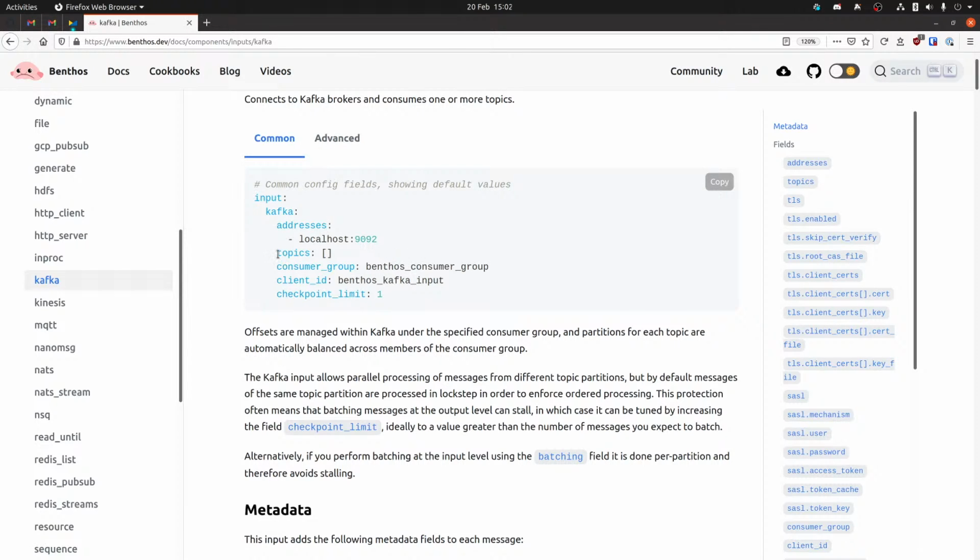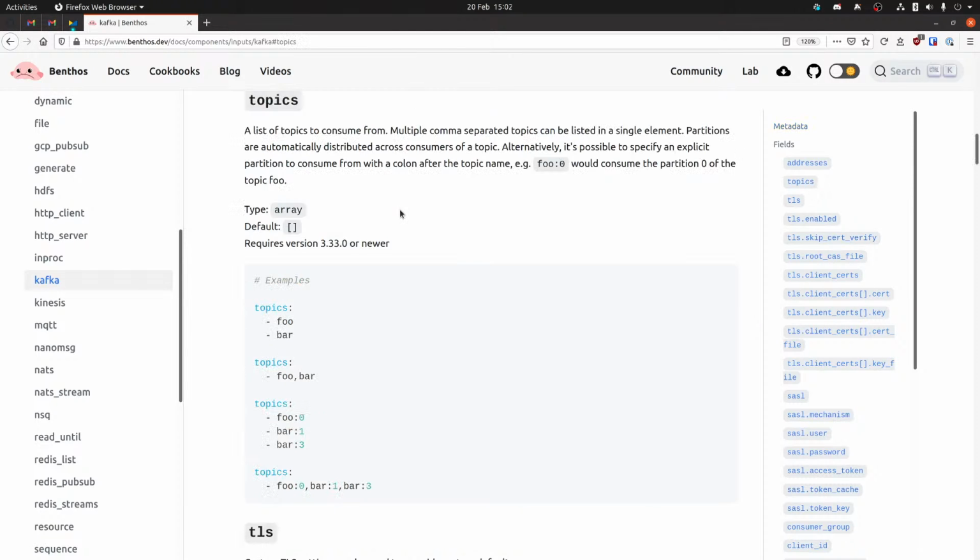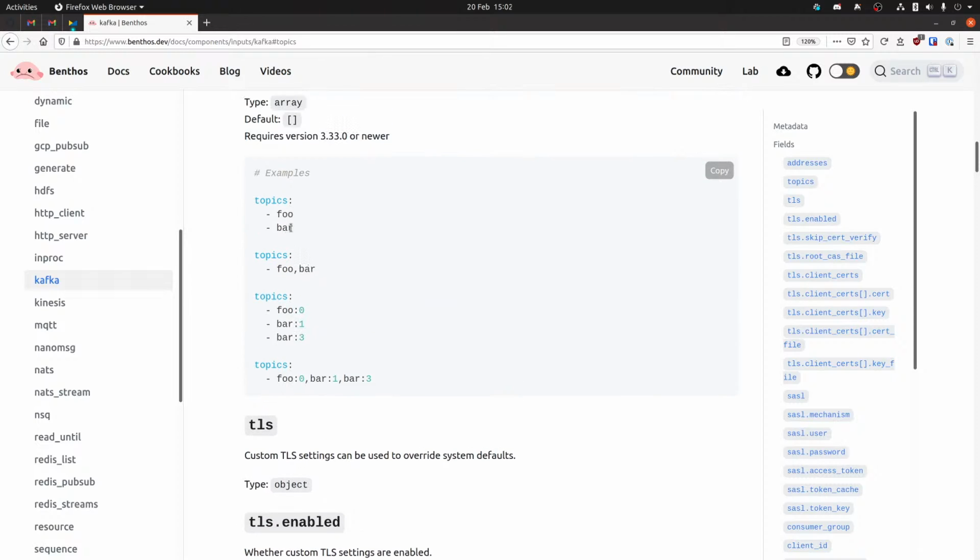What you normally do is you've got an array of topics that you can specify, and you can either just specify a topic and it will interpret that as partition balancing. So you're joining a consumer group and automatically distributing the partitions of a topic. Or what you can do is specify an explicit partition number. And obviously you can specify the same topic multiple times with different partitions each.